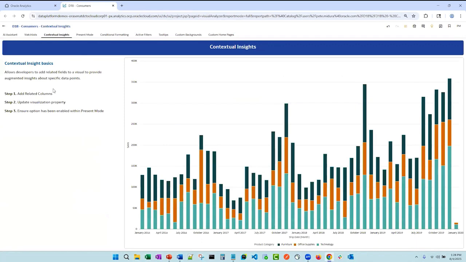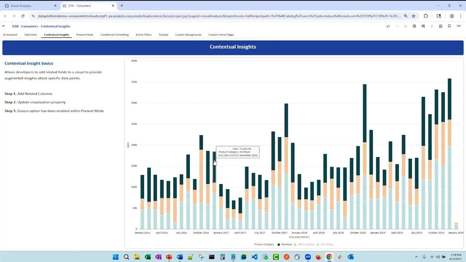These allow developers to add related fields to a visual, and those fields that they add to the visual will then allow the system to run some machine learning against it and try to find correlations against your existing visual. So hopefully I explained that well. Meaning, I can take any data point on this chart, right? I can right click,